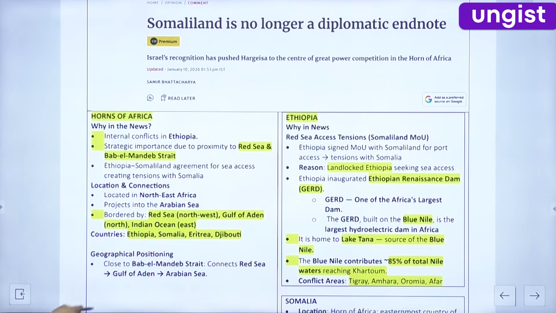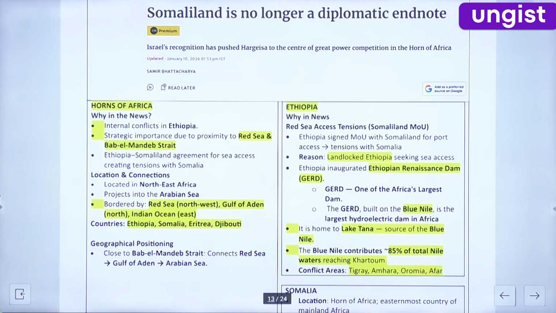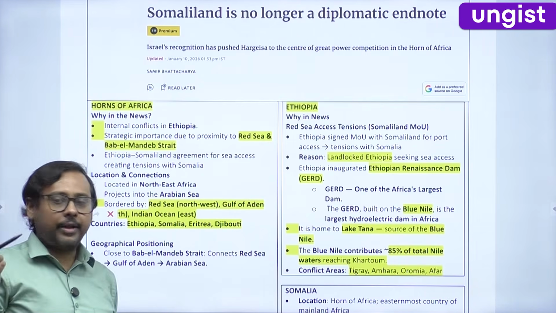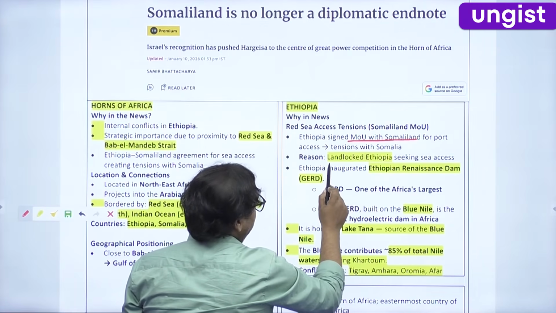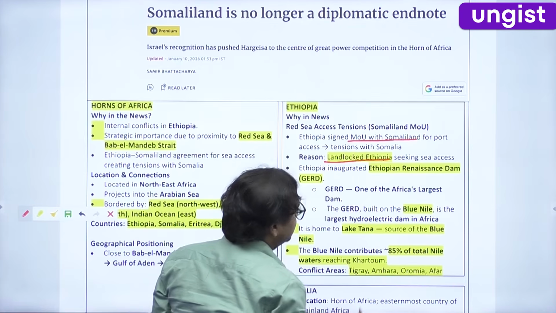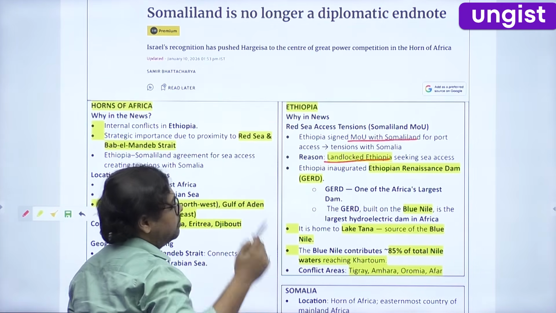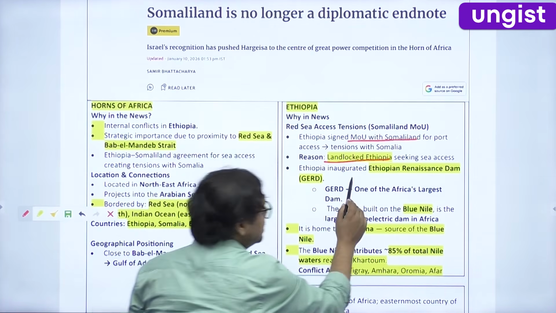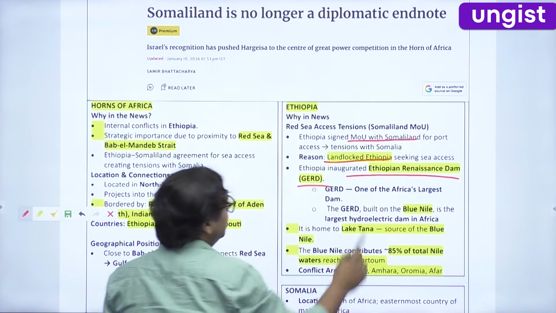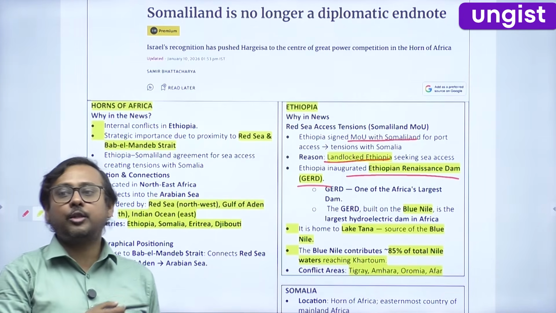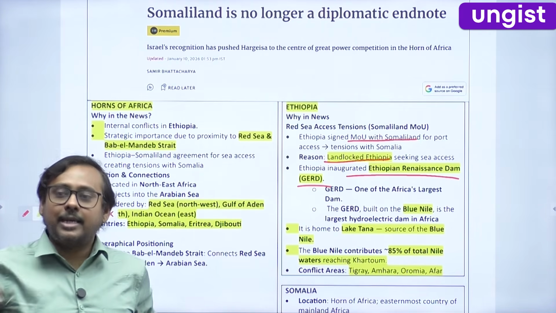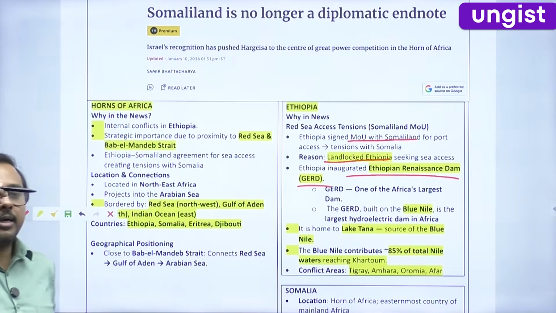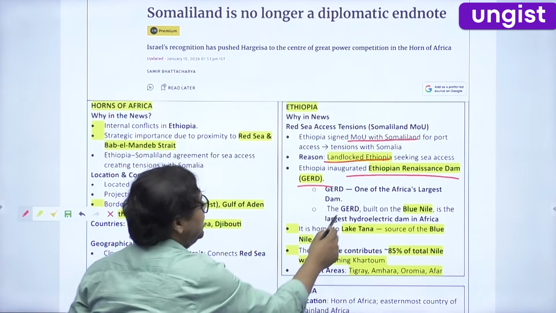Okay. Excellent. Now let's come to Ethiopia. Okay, very important. Ethiopia signed this MOU with Somaliland. We have talked about this. It is a landlocked country which is seeking access to the sea, and they have the Great Ethiopian Renaissance Dam. Great Ethiopian Renaissance Dam is built across which river? In Ethiopia, yes, Blue Nile. It is built across the Blue Nile, and this is one of the reasons why there is tension